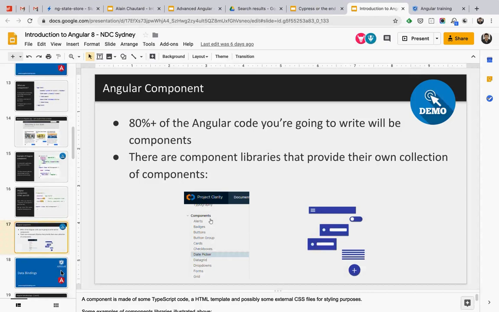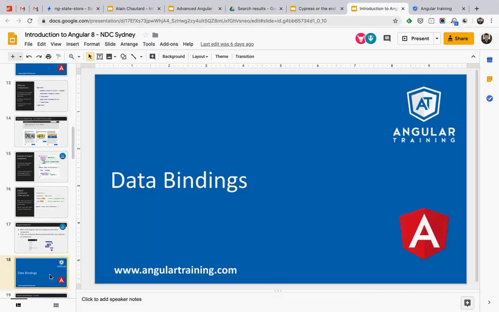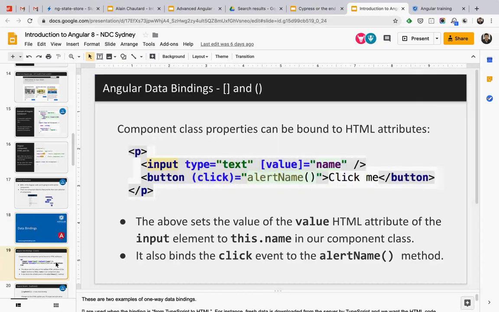So now you know everything about components, almost. There are custom HTML elements we can use, some of them written by other people. And now data binding. So that's another very important feature of Angular. Data binding, that's what makes everything dynamic. That's what makes it so that when I change the data, the HTML reacts to that and renders those changes.